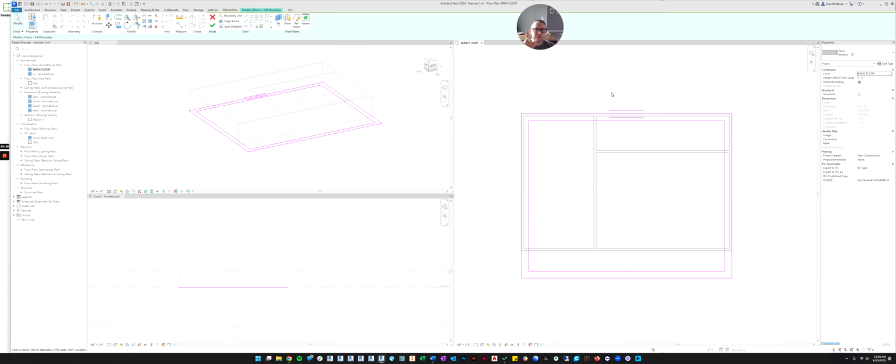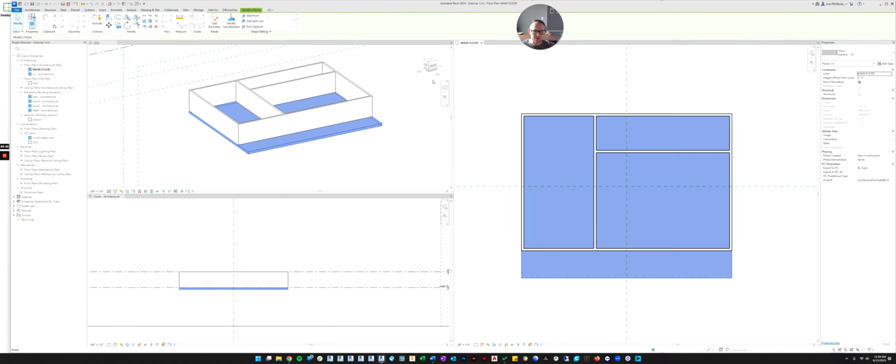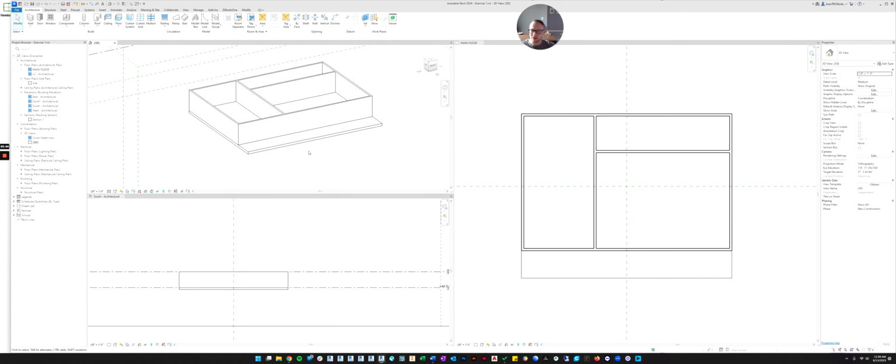So here's another fun trick. If you select a line and you hit tab, it will select the other lines that are connected to it. So I'm going to hover over one line, hit tab, and then press my mouse button, and now it's selected all 4 lines. Now I can delete them all at once, rather than clicking each one individually and deleting it 4 times. So now let's finish the sketch, and now we have a floor.